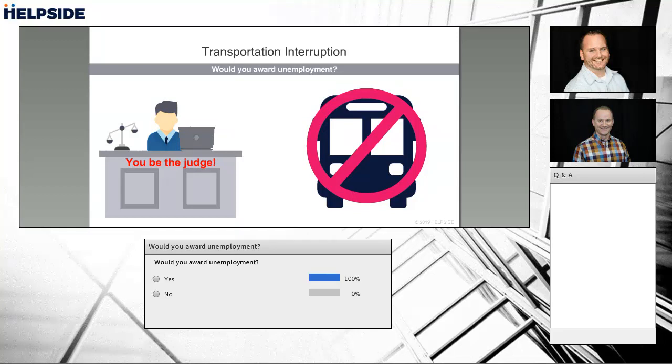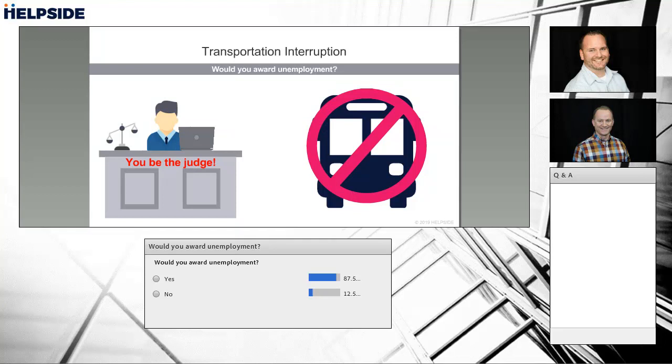You guys be the judge. Would she be awarded unemployment? It looks like a lot of you are already saying yes. We kind of gave that answer away earlier. But she has resigned, so we did say that typically when someone resigns, they don't get unemployment. It kind of comes down to who's responsible for that. Most people are saying yes. Some saying no, she quit, right? You don't grant unemployment when someone quits. That is very true. So with all of this, and this is fun.